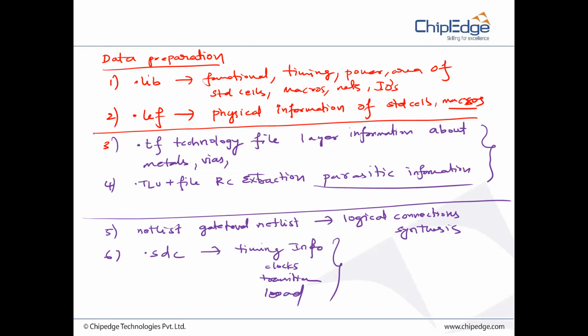Any other doubts, guys, up to this? Next we have done sanity checks, right? So what are the sanity checks you have done? Check design, check netlist, check timing. You have done check_netlist. So what does this do? Check_netlist is all about netlist checks